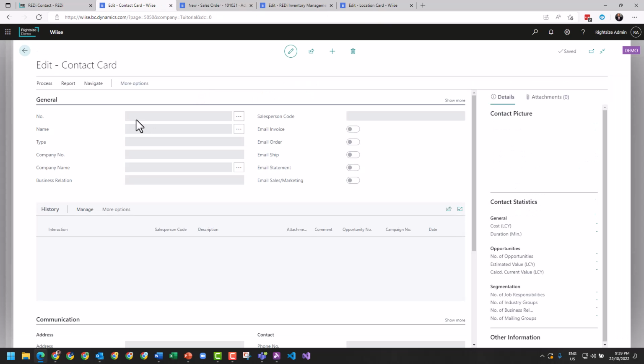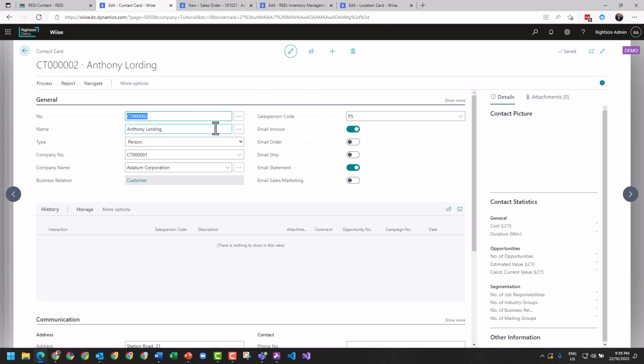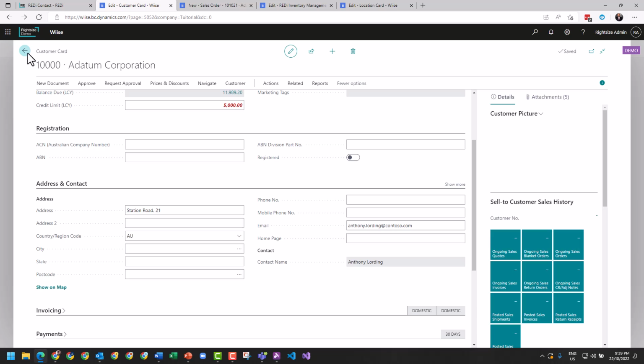So here we can see Anthony, and we can see here that he wants to receive emails for invoices and statements. But if you look at Jared, good old myself, I want to get the order acknowledgements and the shipment advices. This is overtaken through the extension by going to